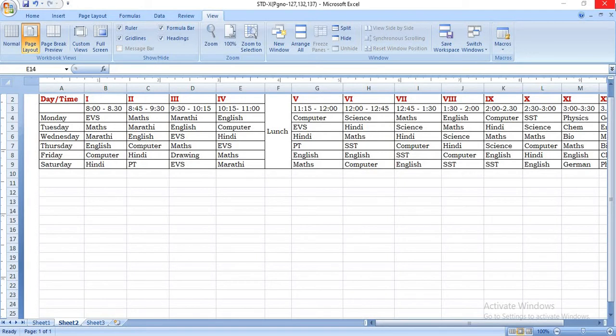For this practical, you have to open the same Excel sheet, that is the timetable, which we created in the last practical session. In that, you have to open the same timetable sheet and set the page margin as narrow.